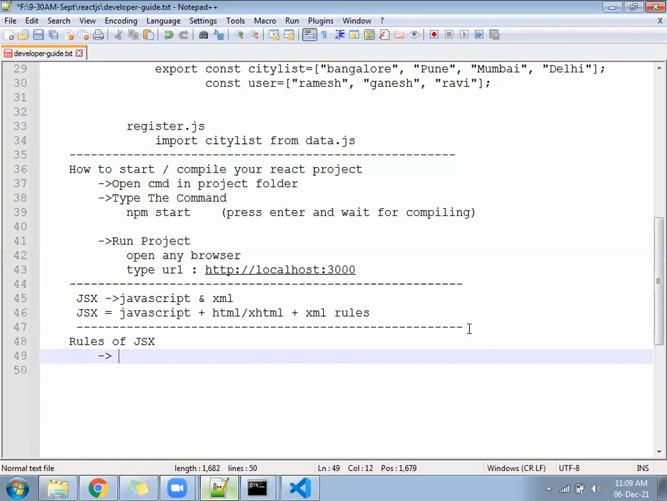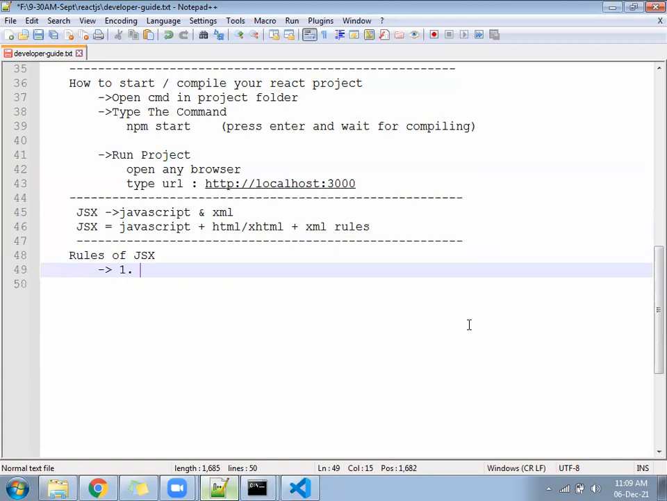Write the first one: Rules of JSX. What is the meaning of component? JavaScript files. Element means the HTML tags. Whichever HTML tag we write, whether our own defined or predefined, will be called an element. So we will be writing here: